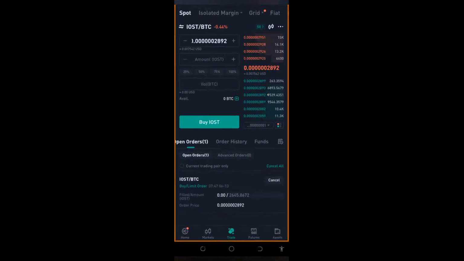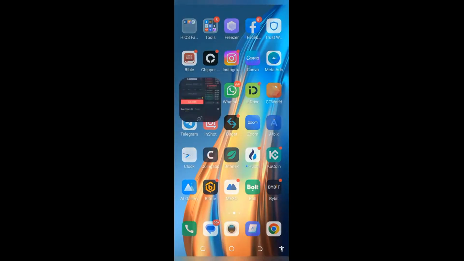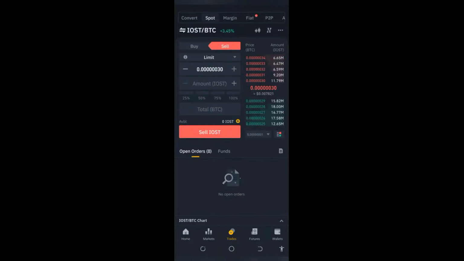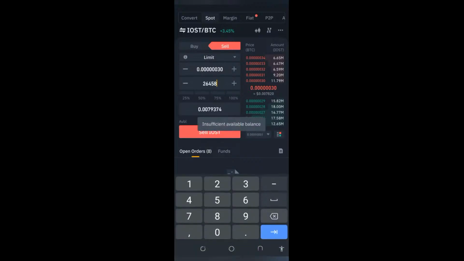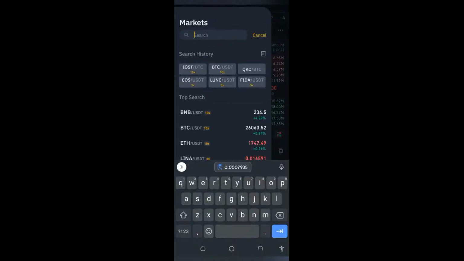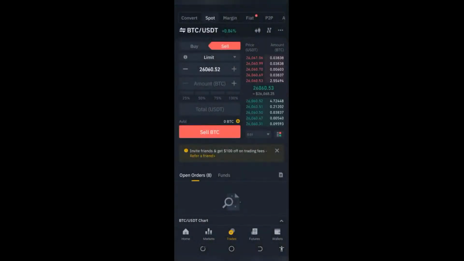But first of all, I'll be back. But let's just go and see if I sell this, what is going to happen? If I put this here, I know I'm going to make profit. Don't forget, you need to take care of all of that. This is going to be a good profit if I'm able to get this sold. So if I go to BTC and then I sell that, it's going to be good. And all my transfer fees, I think, were just like 7 cents. So we're good. But first of all, we need to go back and see whether this is going to work out in